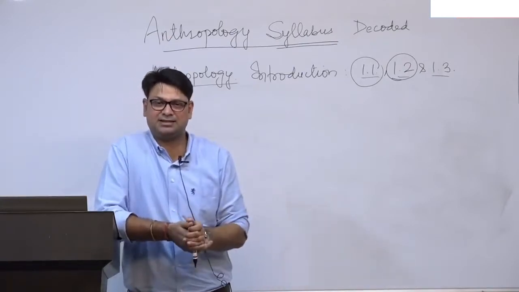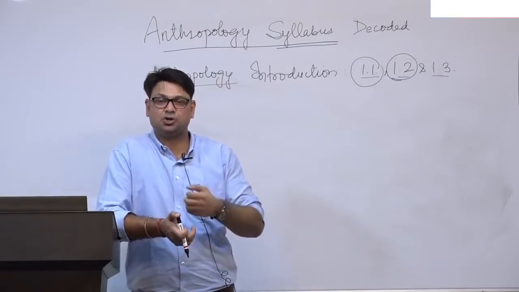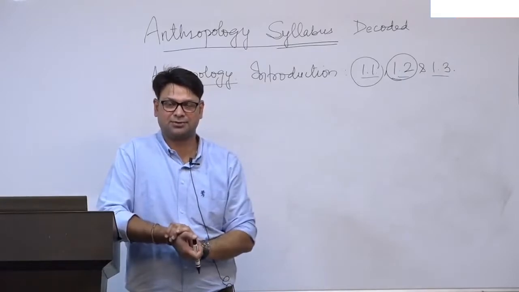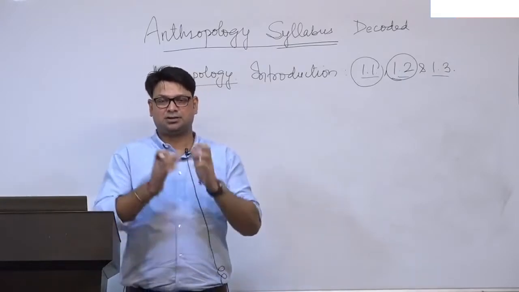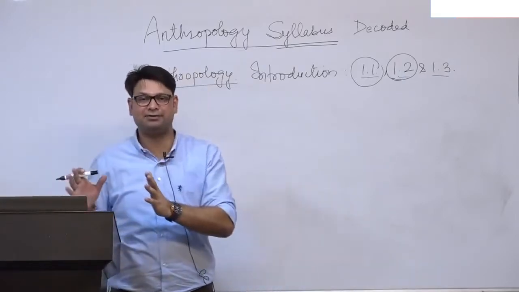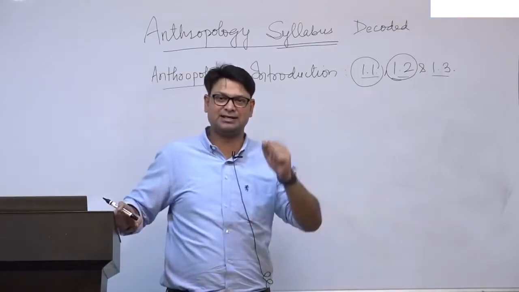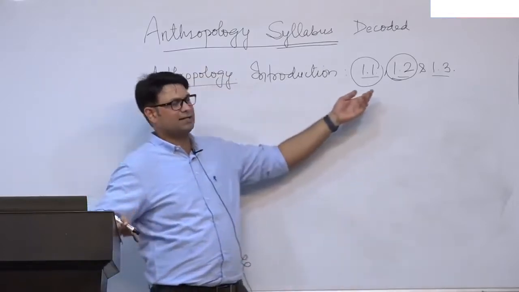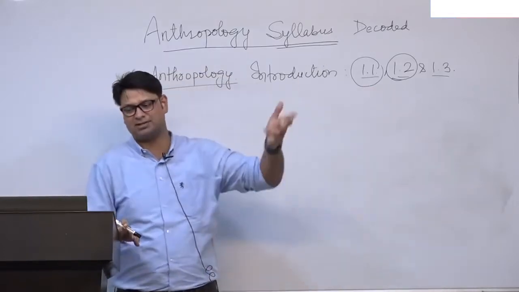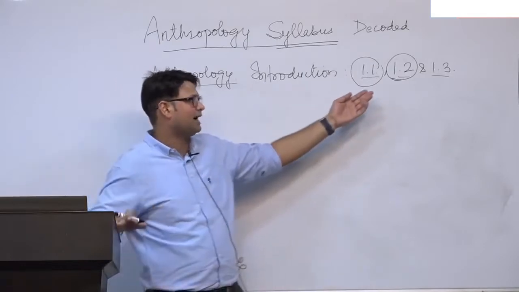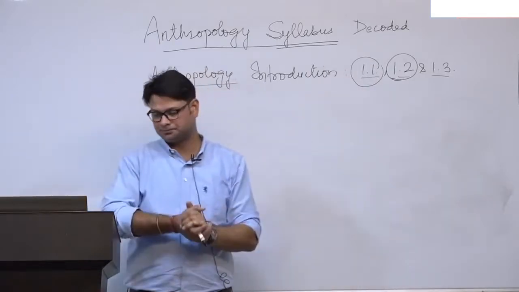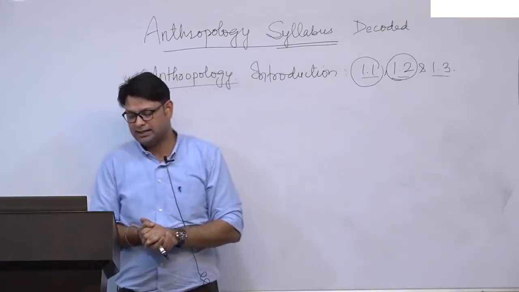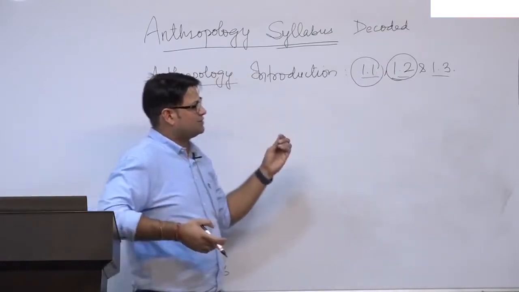Whether it is behavioral sciences, they study human behavior, but their focus is on individual behavior. Anthropology has the focus on the group behavior, on the entire society, on the entire culture, on the entire tribe, right? So that is the difference and similarity with behavioral science and all. So similarly we can look at other disciplines also. The 1.3 that I just gave you here, it is about the main branches of anthropology,